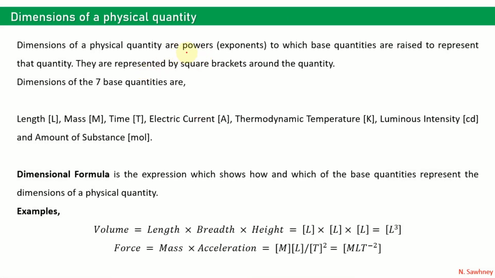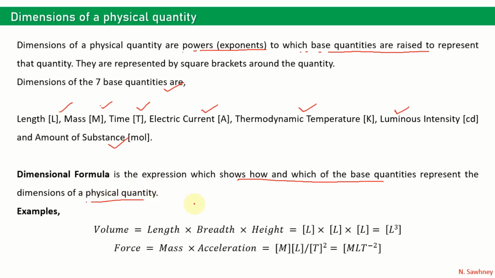Dimensions of a physical quantity are the powers to which the base quantities are raised to represent that quantity. There are 7 base quantities. They are length, mass, time, current, temperature, luminous intensity and amount of substance. The dimensional formula is the expression which shows how and which of the base quantities represent the dimension of a